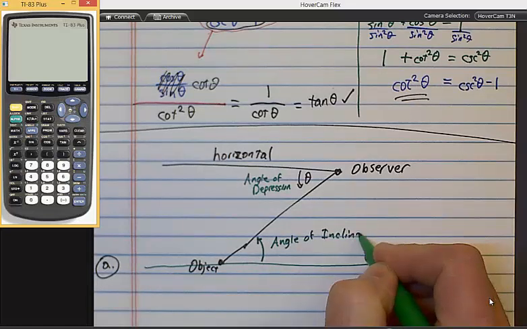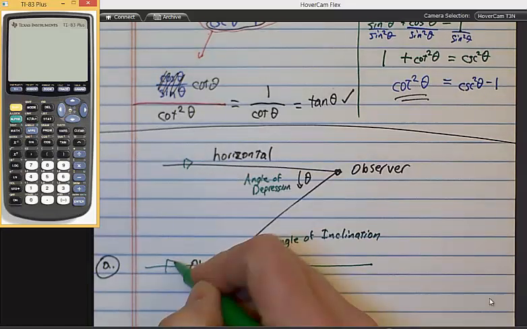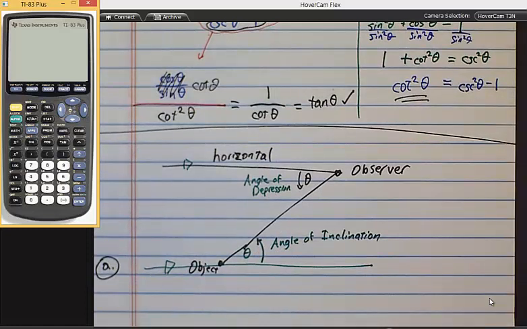And there was a theorem in geometry class that you may have had at some point that said if those are parallel lines, this also has to be theta. That's what part A is all about. Okay? I remember seeing that at some point in your life. If not, you learn something new. Okay? Now part B. From a fire tower 200 feet above level ground, a ranger spots a fire off in the distance. The angle of depression is 2.5 degrees. How far away from the base of the tower is the fire? So I guess for part B,